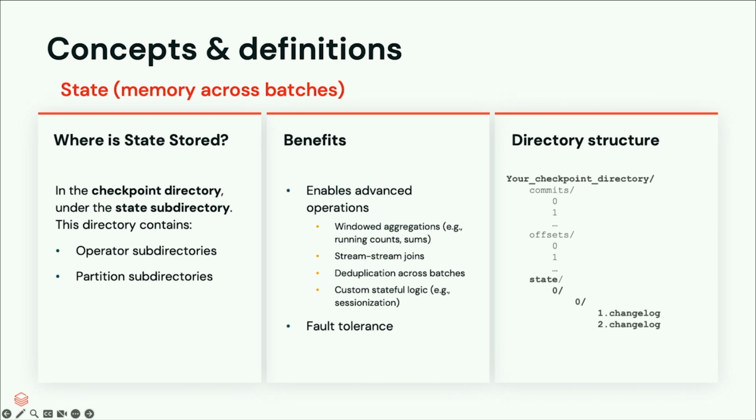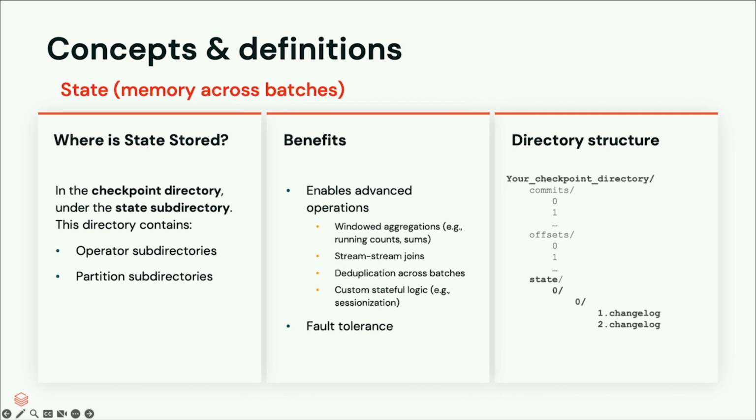So the state store serves as that set of, think of it as mini databases. It's backed by RocksDB, and that's actually a configuration you have to set. It's not the default. But those are essentially mini databases that are distributed across the workers. And for each microbatch, some data is persisted to cloud storage as well to ensure durability and fault tolerance of the stream. And when we look at the directory, we see there's a commits and offsets related to the microbatch